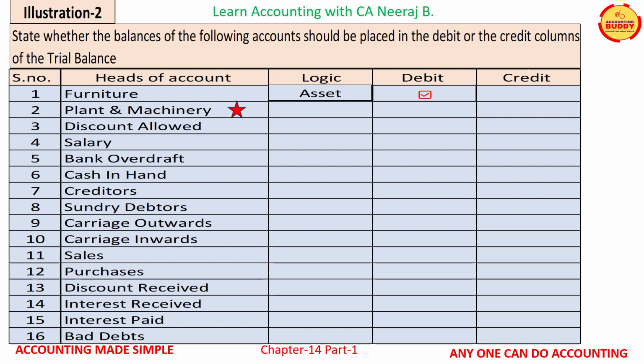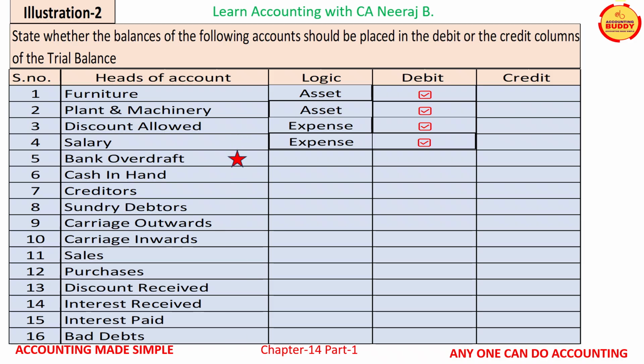Plant and machinery is an asset, so it appears in the debit column of the trial balance as assets always carry a debit balance. Discount allowed is an expense account, so it is placed in the debit column as business expenses always carry debit balance. Salary account is an expense account, so it is placed in the debit column as business expenses always carry debit